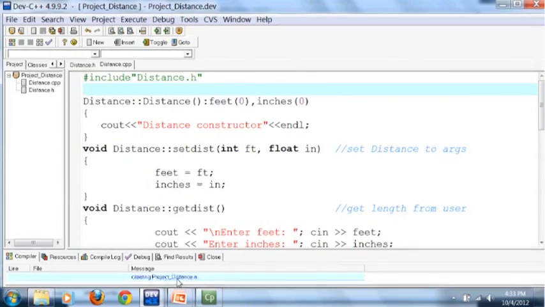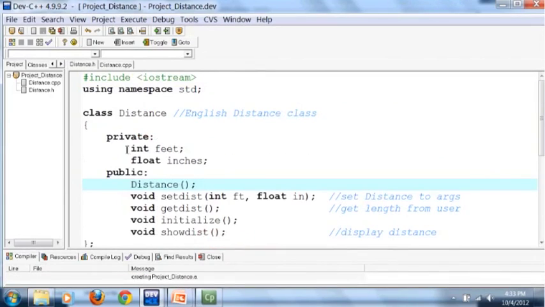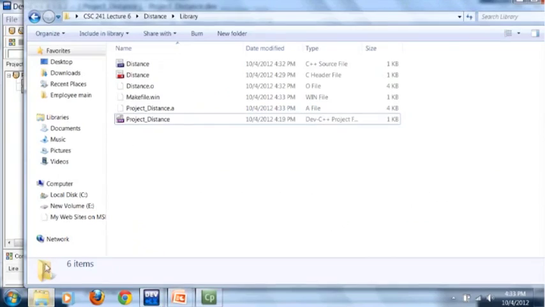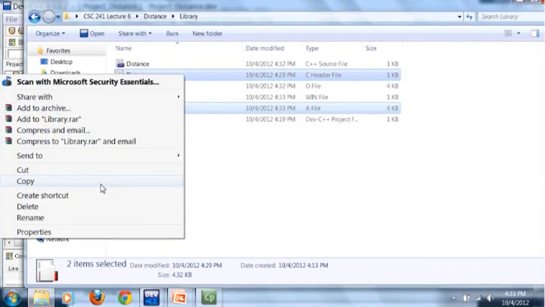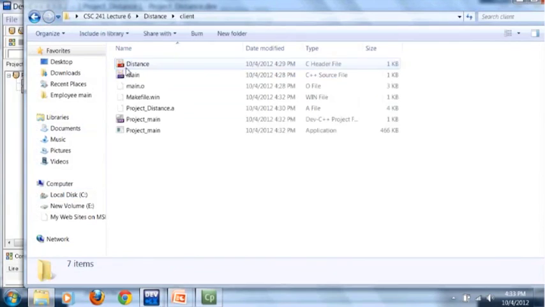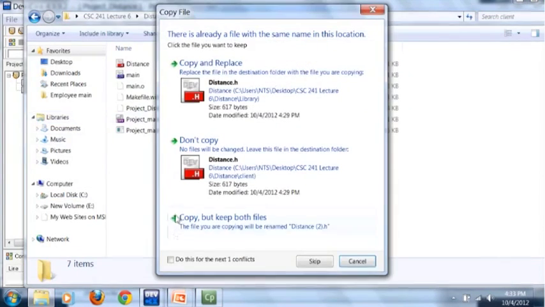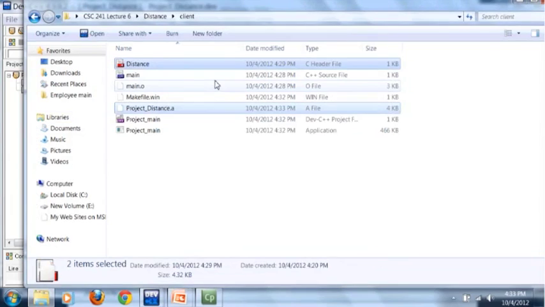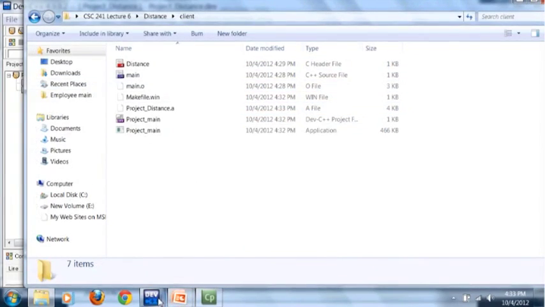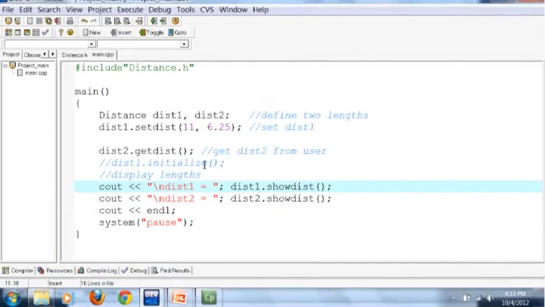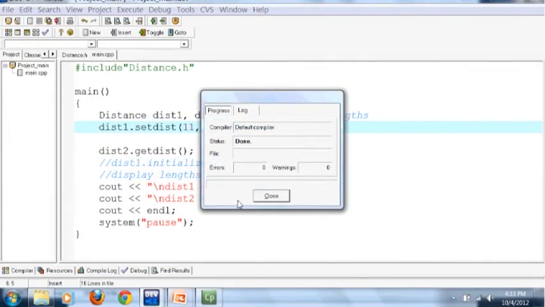So now it creates a library and this is the header file, right. So what now I'm going to the folder again and copy this library and the header file, copy and paste it to the client folder. That is, we are providing this to the client. Replace, so they are both replaced. And now we are going to the client side, that is where our main function is. So this is the main function. Let me compile it again, close, and